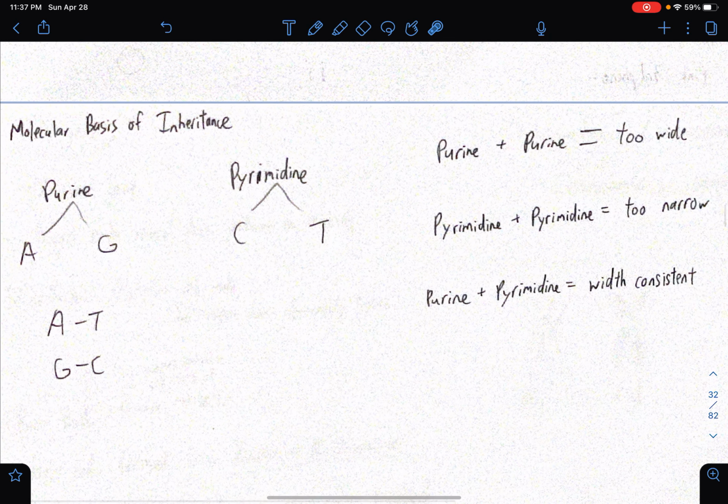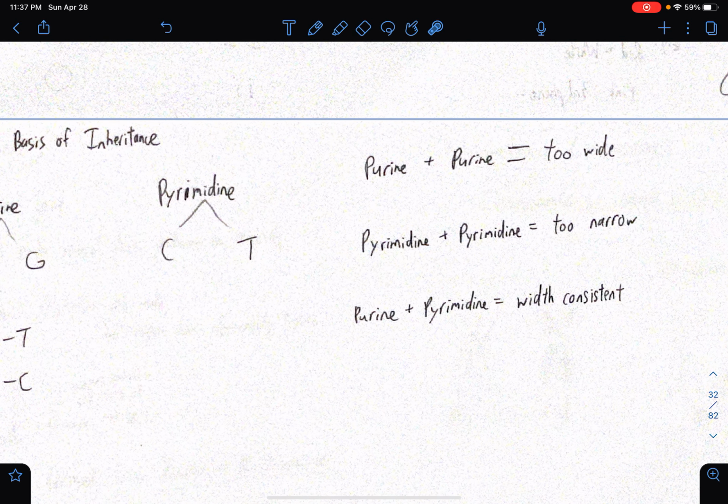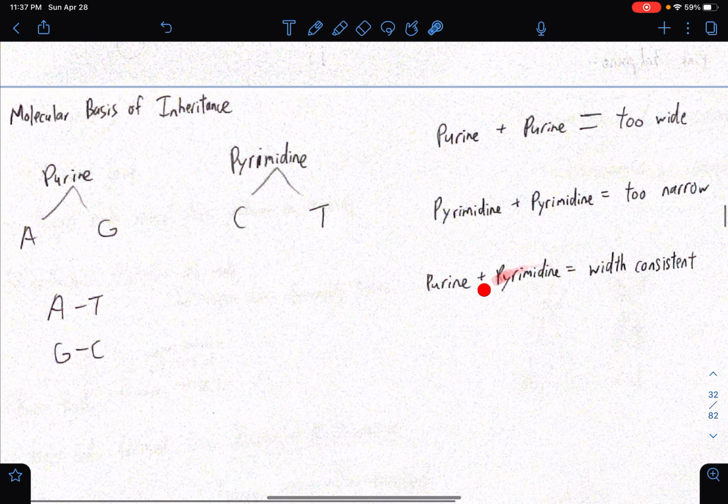molecular basis of inheritance. We have purines and pyrimidines. A and G refer to purines. C and T refer to pyrimidines. Purine plus purine is too wide. Pyrimidine plus pyrimidine is too narrow. Purine plus pyrimidine is with consistency. So this is best. That's the reason why